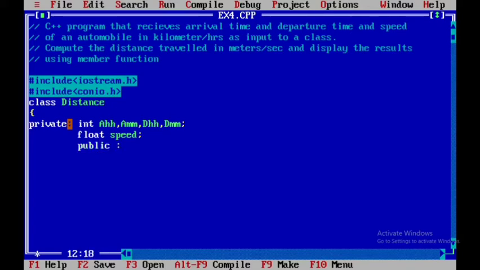The first member function is for input, so void input time. We have to take arrival and departure time, so the function name is input time. Next we'll take cout, enter the arrival time.